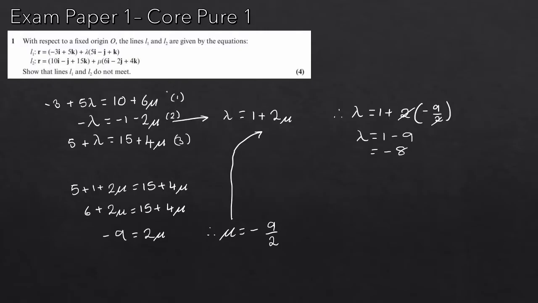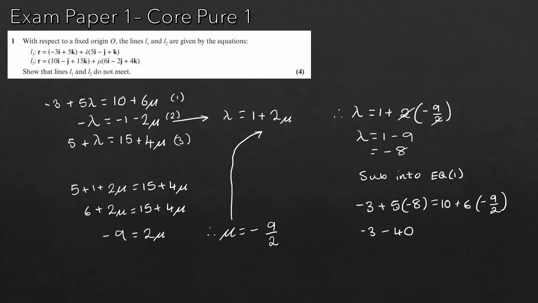All I've got to do now is sub it into equation 1, and then we can just show that there's a contradiction. So, sub into equation 1. So therefore, minus 3 plus 5 lots of lambda, well, lambda is minus 8, so 5 lots of minus 8, is equal to 10 plus 6 lots of mu plus 6 lots of minus 9 over 2. Okay, so that's minus 3 minus 40. 5 times minus 8 is minus 40. This is going to be equal to 10 plus 6 lots of minus 9 over 2, so that will become